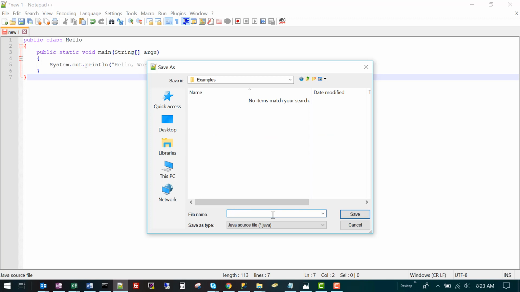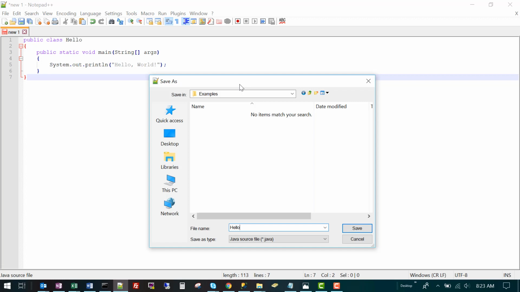One thing that's very important when working with Java is that the name of the file must match the class name. Java is what we call a case-sensitive programming language, so case does matter.